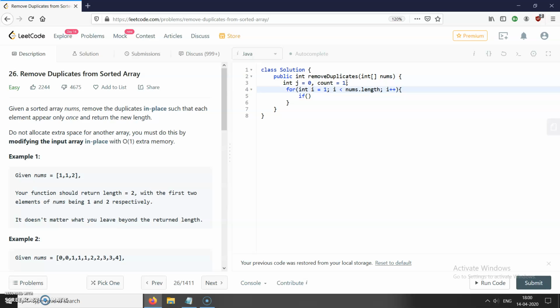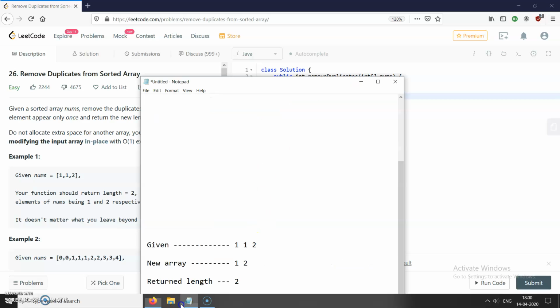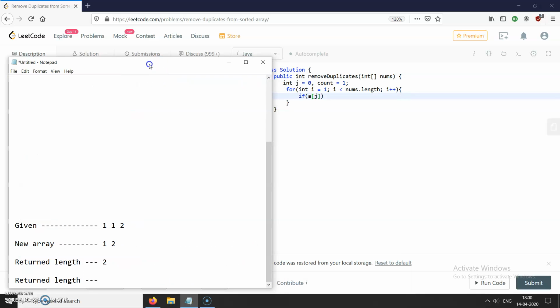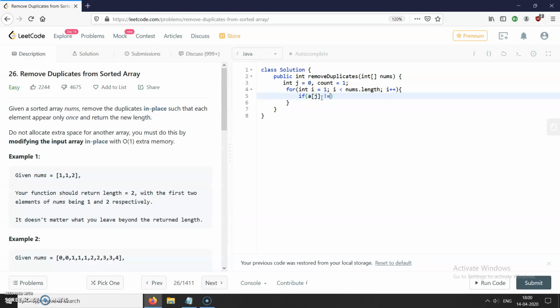And we will start iterating through the loop from index 1 because we are setting j, that is another index or pointer you can say, to 0. So we will check whether the current element, for example, let me take this case, j will point to this one and i will point to this one. Okay, then if the current element is not equal to the previous element, and j here refers to the previous element,